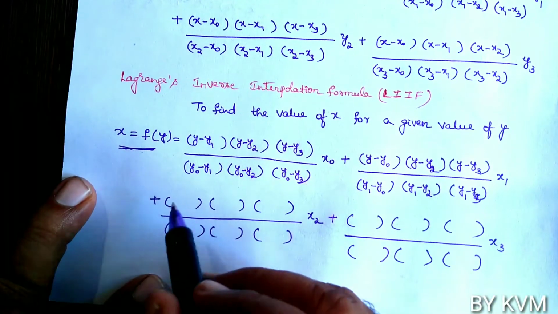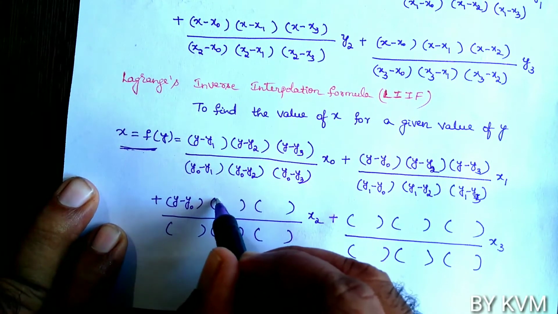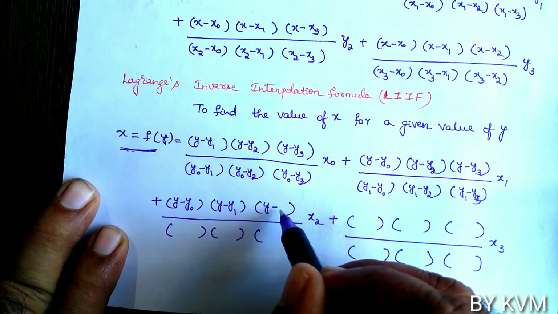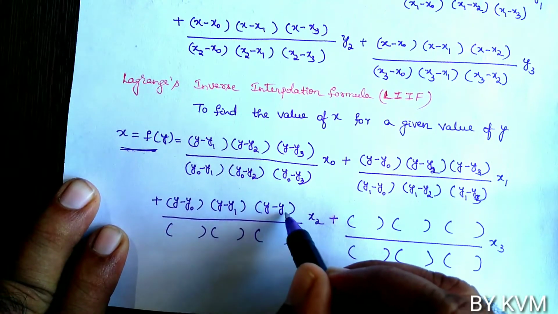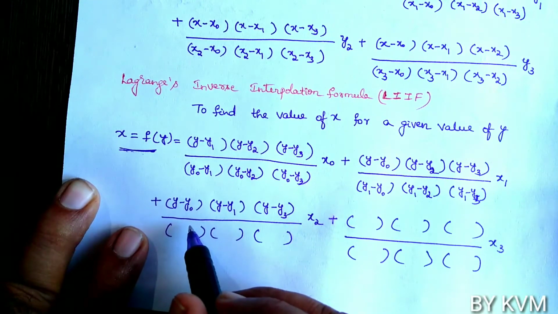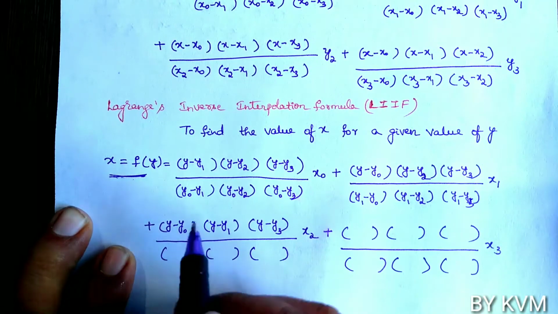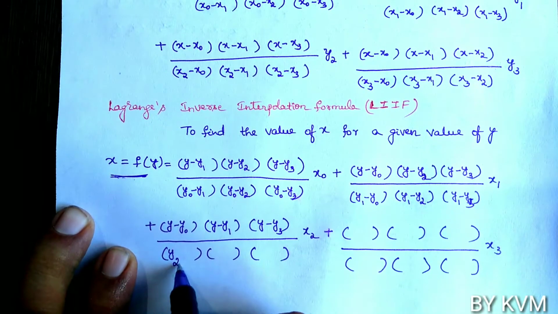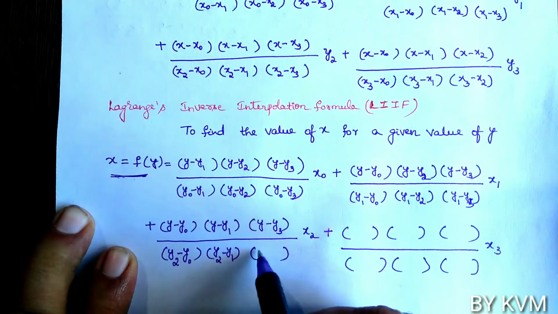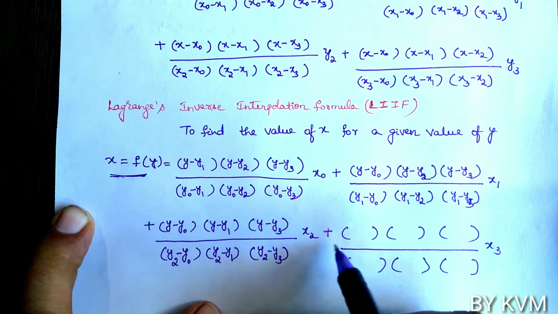Now the third term we have to exclude y2. So y minus y0, y minus y1, then y minus y3 divided by, in the denominator, in place of y take y2. So we get y2 minus y0 into y2 minus y1 into y2 minus y3 into x2 plus, in the last